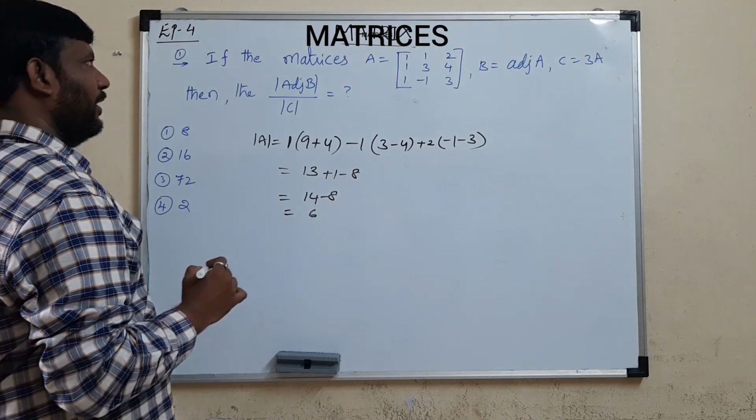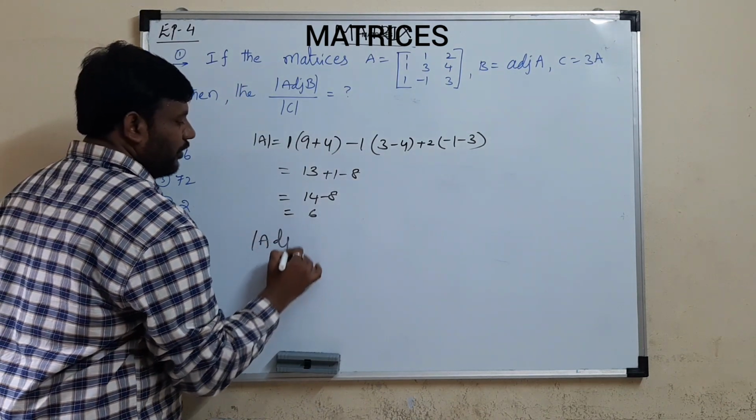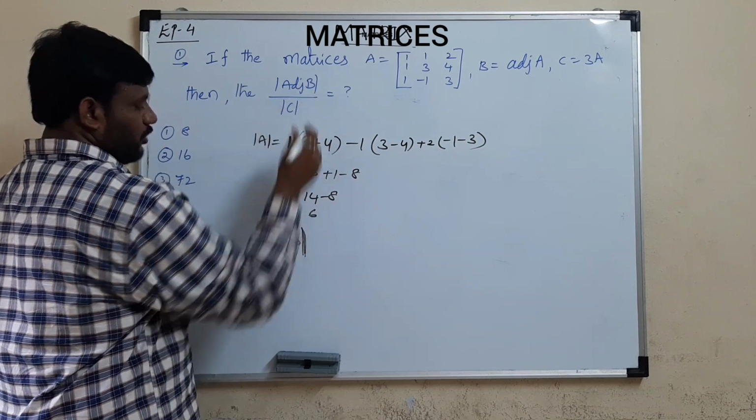Now keep aside det A. Now we go for finding det adjoint B, the numerator part. Det of adjoint B is